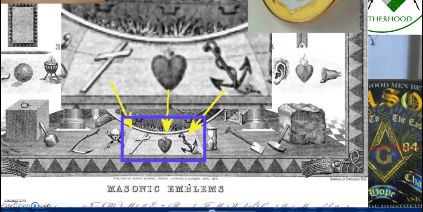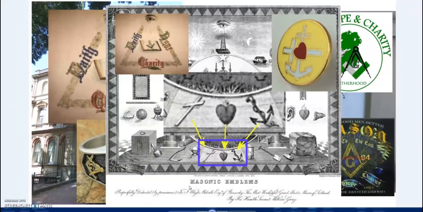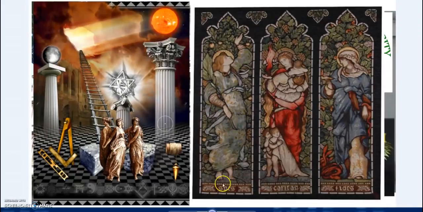Each one of these symbols has multiple levels of meaning. So, each one I could go on for quite some time, but again, it's not just this. It's also all of these things, multiple levels. So there we see the three ladies and Spes, Caritas, and Fides. So again, sometimes it's written, sometimes it's depicted with the anchor, the heart, and the cross. Sometimes it's with the ladies, but